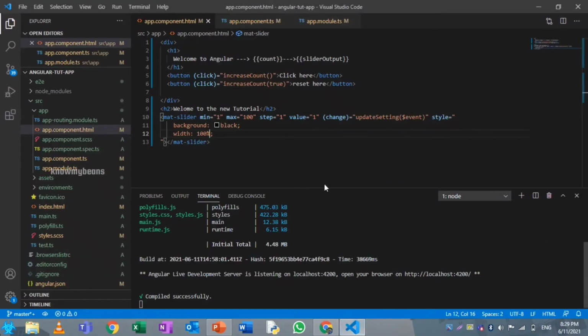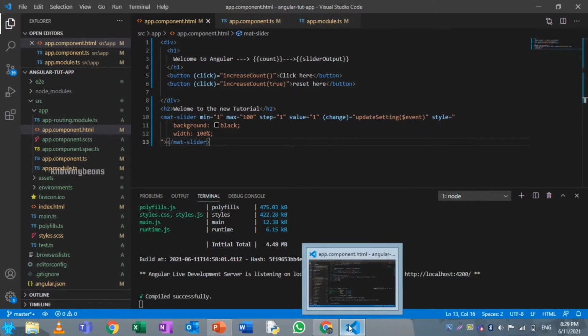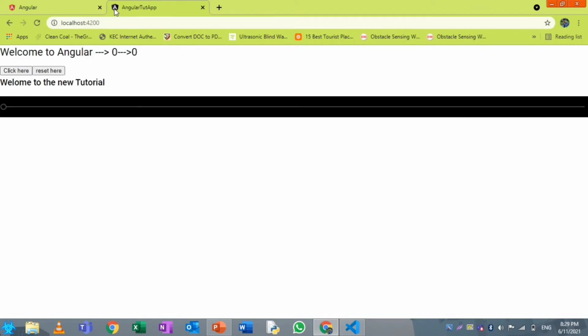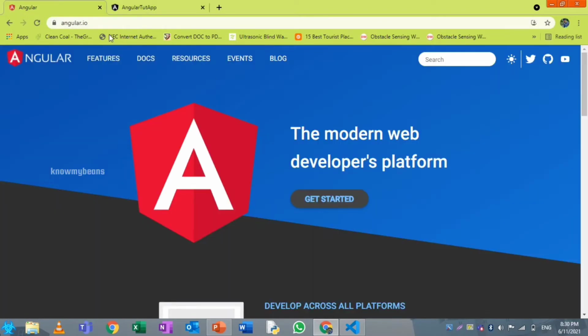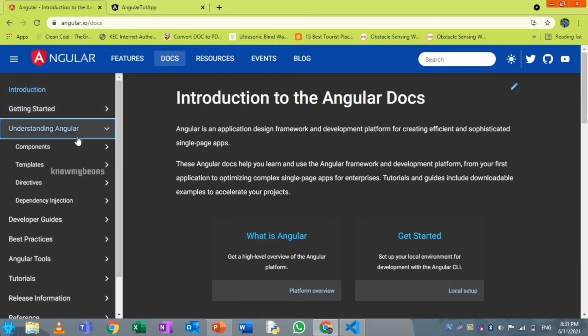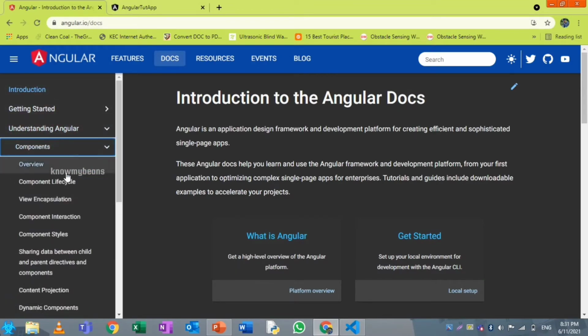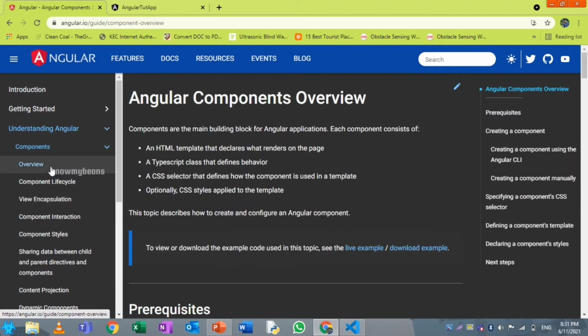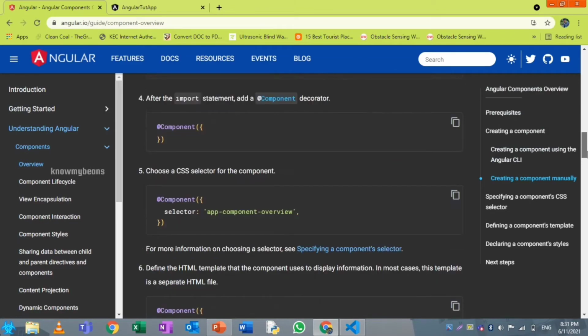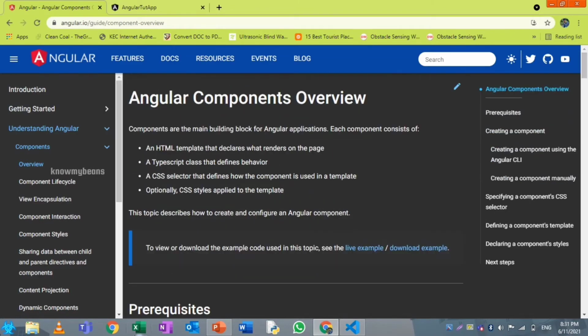In this video, we are going to see about the creation of a component in Angular. So what we are going to do in this video is we are going to alter the component that we have created earlier. So first we'll refer to the docs for how to create a component in Angular. For that, first go to angular.io, as well as you can see through the docs. They have given clear steps. So we are going to follow the steps and create a component